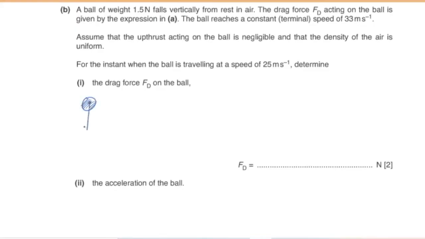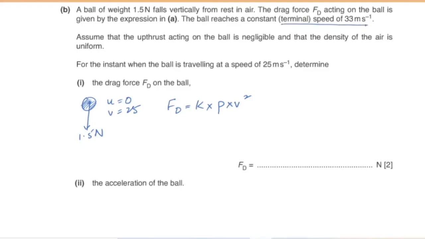So this ball, which has a weight of 1.5 newtons, falls vertically with initial velocity 0 meters per second. At a speed of 25 meters per second, the drag force at that point is going to be equal to the constant K times the density of the air times speed squared. Since we don't have the values for K and density, we are first going to take the instance when the ball reaches terminal velocity with a speed of 33 meters per second,